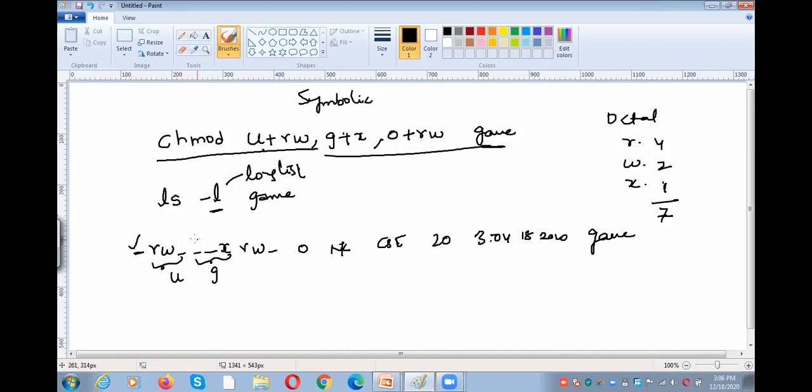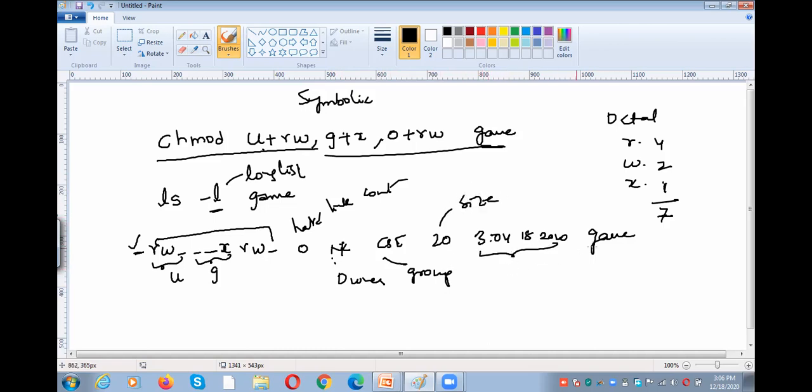This is the type of the file, and all these are the permissions, and this is the hard link count, owner, and then group, and this is the size of the file, and the time and date created, the last modified date and time, and this is the file name.